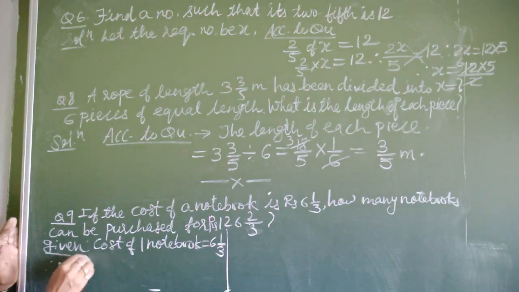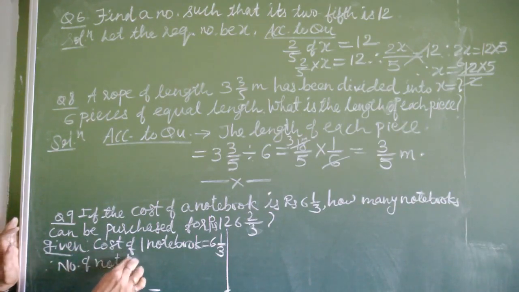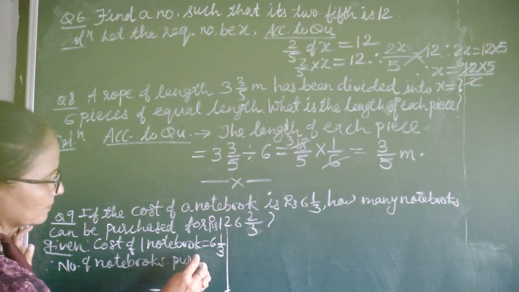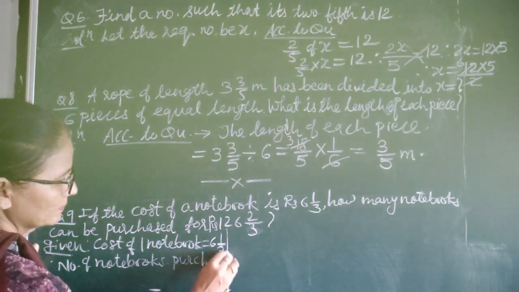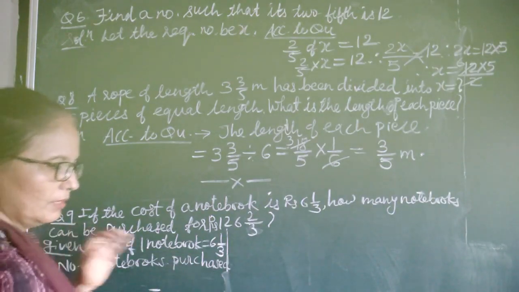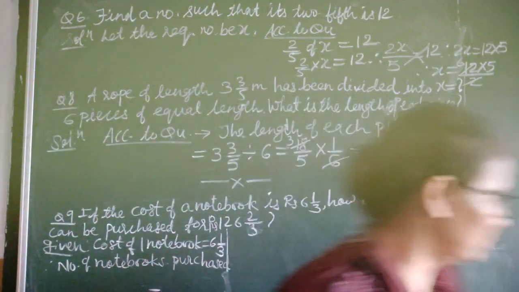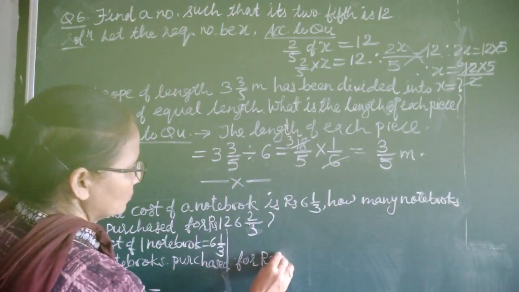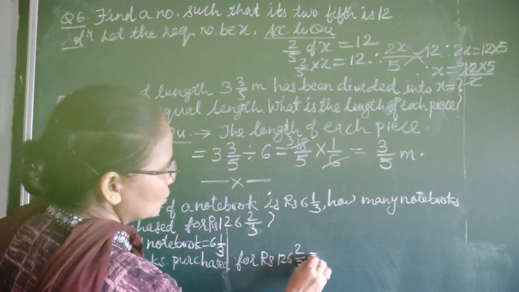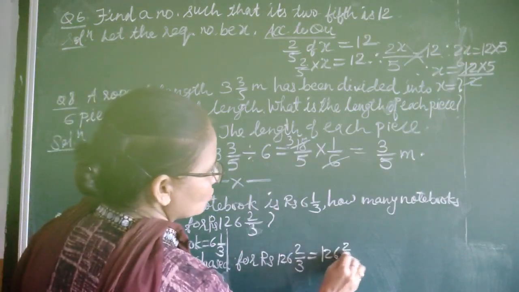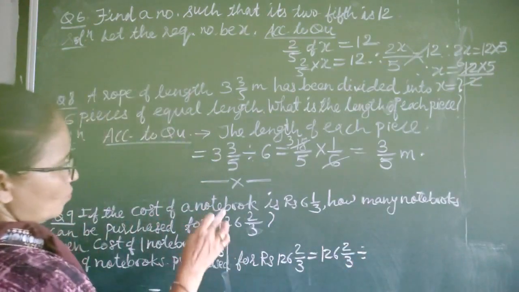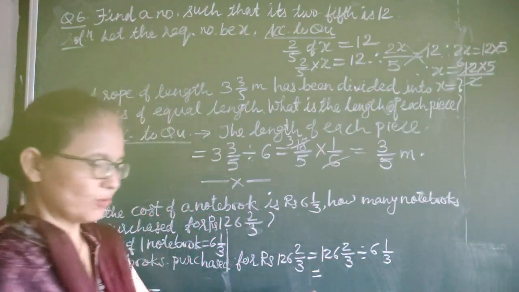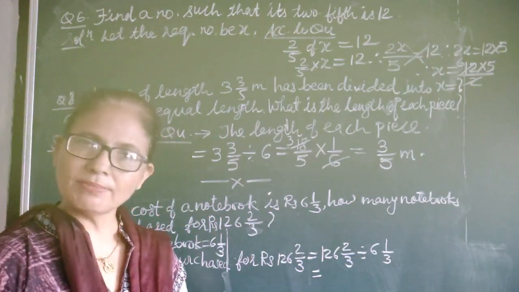Therefore, number of notebooks purchased for rupees 126 2 by 3 is equal to 126 2 by 3 divided by what? 6 1 by 3. And children, you know this type of sums we have done in the same exercise 2.4,